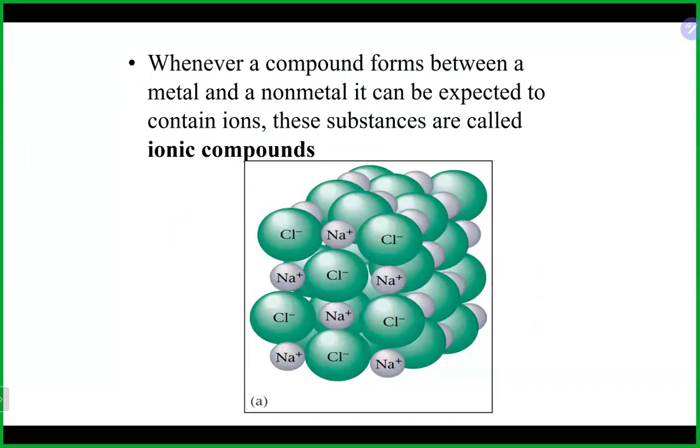Now, when we take a metal and a nonmetal, as I mentioned before, anything on the periodic table does not have a charge. It is only really what happens when a metal and a nonmetal get together that they do form charges, and the result of that is they form ionic compounds. So for example, if you took a sodium